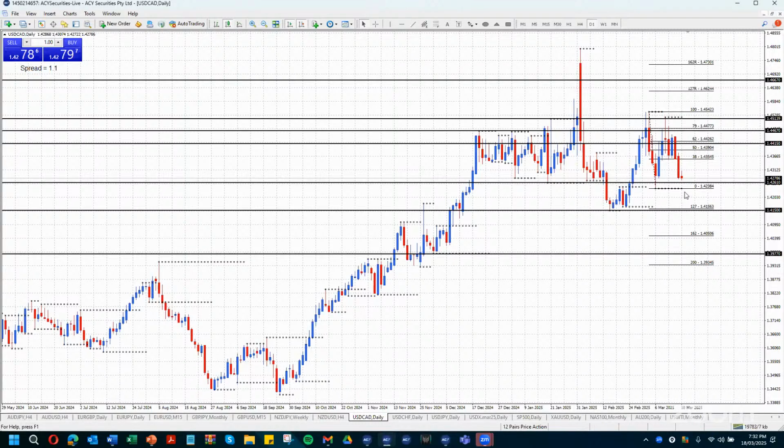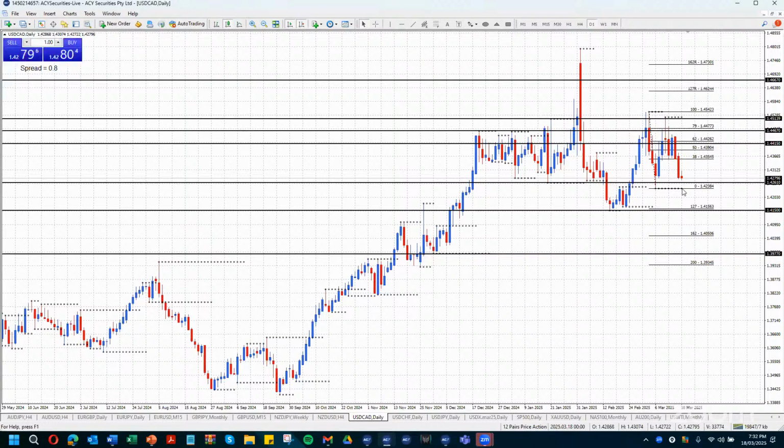If you still have the thought that you want to be a buyer on the dollar Canadian, this is a clear level of support here at 142.61. So I think the buyers should be watching 142.61 this week. We're not that too far away from there as I speak. Selling is a little bit more difficult. You should have been selling up here. There's always an optimum time, and up here was your optimum time.